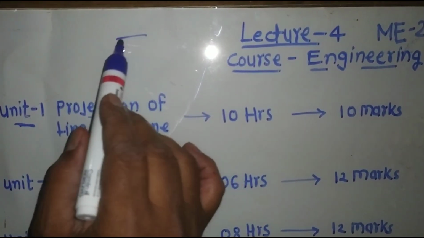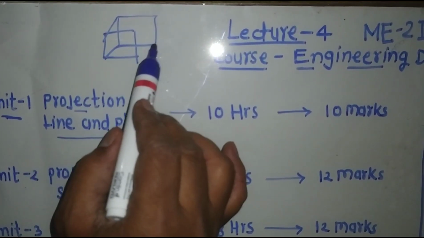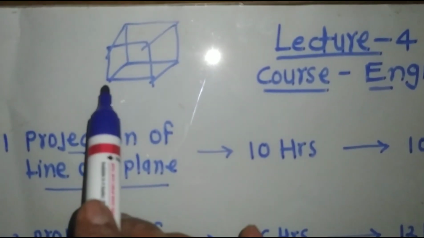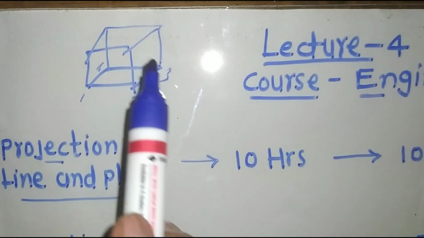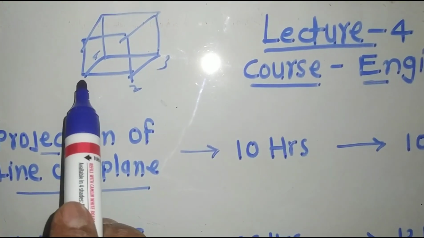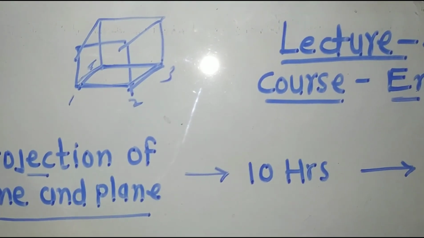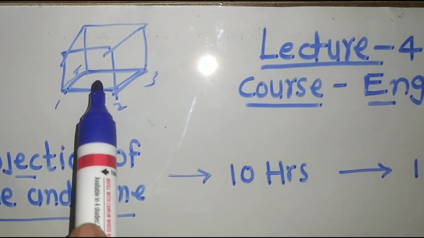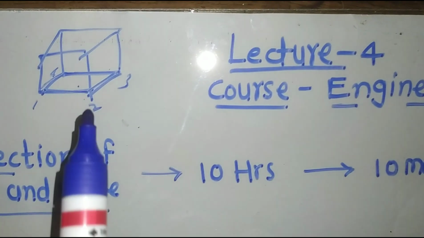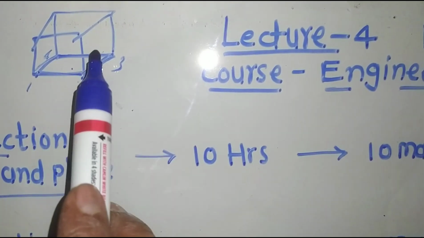If you take the example of this cube, it is a combination of planes. If I name the corners 1, 2, 3, 4, here are 4 points and 4 lines. This is the bottom surface, 4 lines, and this one, 1, 2, 3, 4, is a single plate. How many plates are there? The bottom face, the top face and the 4 side faces, so 6 such squares will give us the cube.